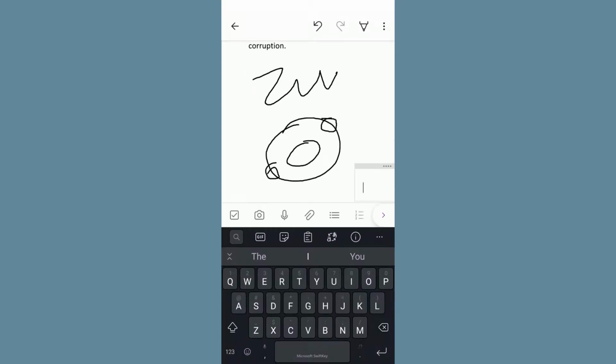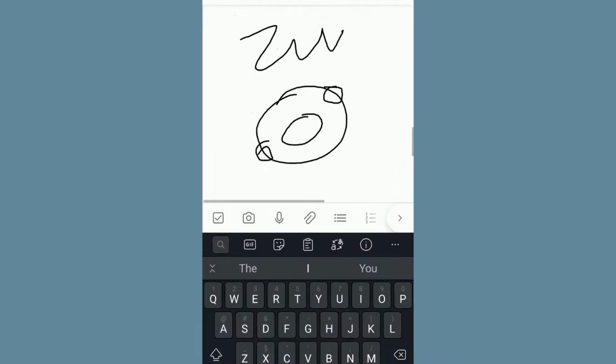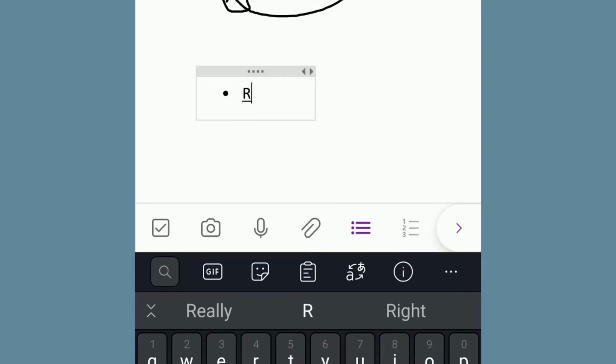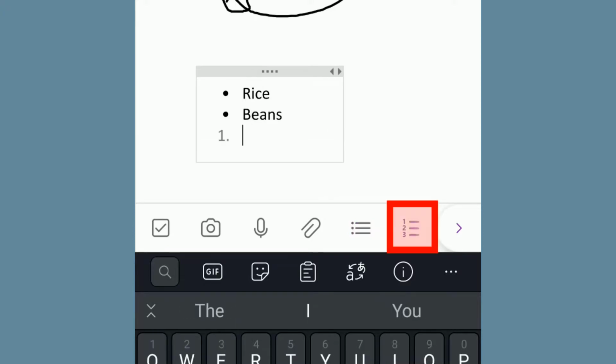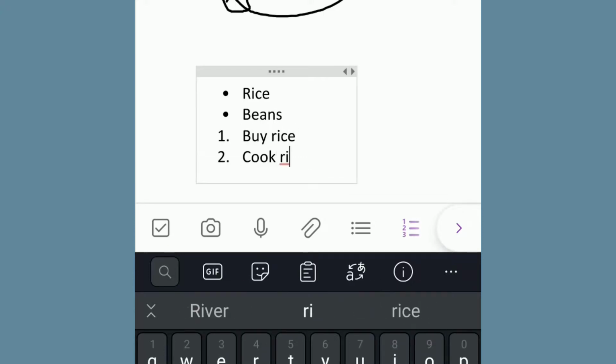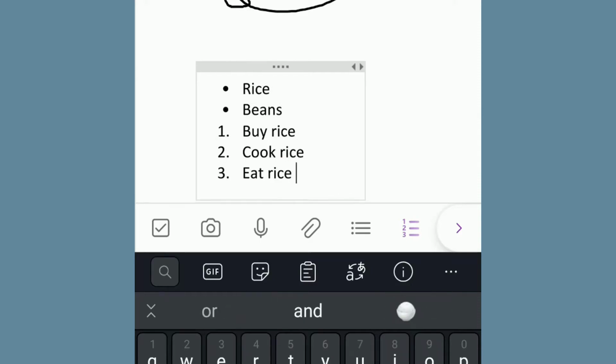When you're typing your notes, you can also add lists of things. So I can put in a bulleted list, like a grocery list kind of thing. I can also do a numbered list. So if I wanted to do some steps in order, and I also have a hyperlink button.